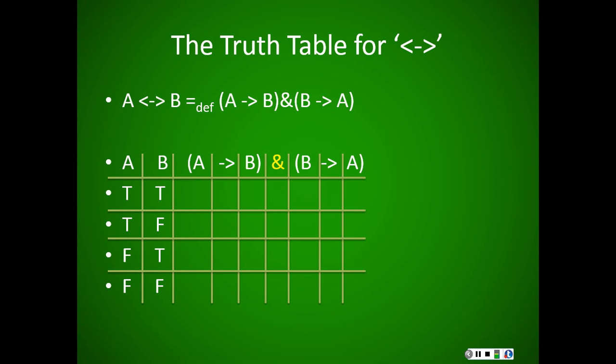We start out by identifying our main sentential connective here, that's 'and', and then we fill in the truth tables for each of the sentences that 'and' joins together. So the first of those sentences is the sentence if A then B. So that sentence, if A then B, to figure out when that's true, we'll just go ahead and figure out